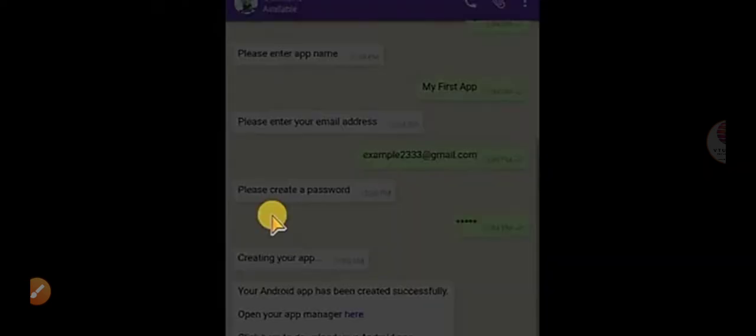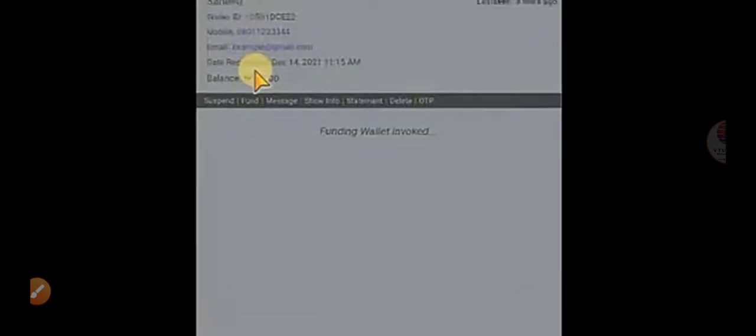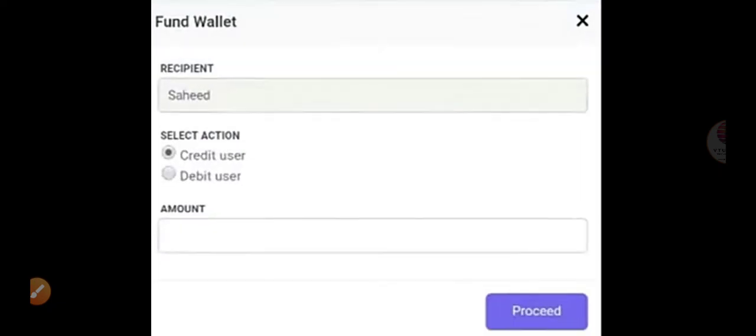Let me click on fund so that you can see how it works. You can see we have two things: you credit this customer or you debit this customer. Then how much? You put the amount there. So let me credit this customer with 5,000. Please note that